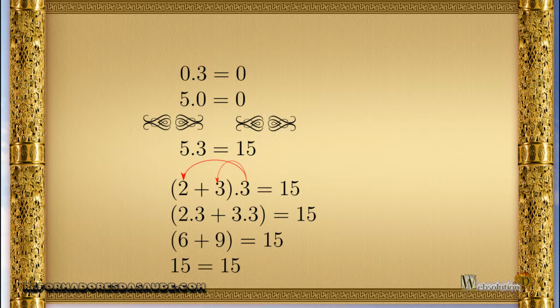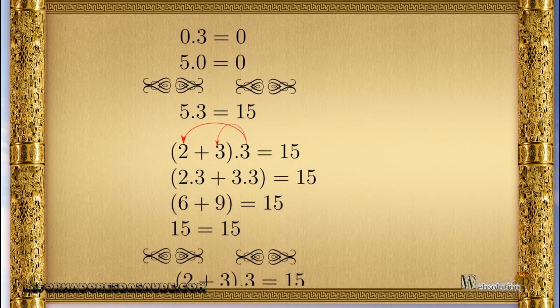But 5 is the same as 2 plus 3. So (2 plus 3) times 3 has to give the same answer as 15. There is a rule to see that this product reaches the value 15. We must do the distributive of the equation, in that each sum value in the product multiplies the value of the product. This means, for example, that 2 will multiply 3, and 3 will multiply 3. So we have that twice 3 is 6, and 3 times 3 is 9, and 6 plus 9 is equal